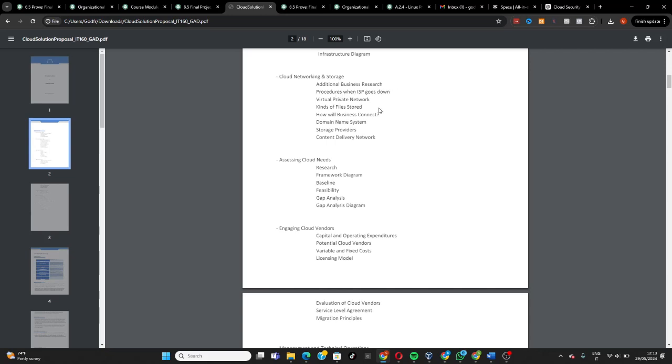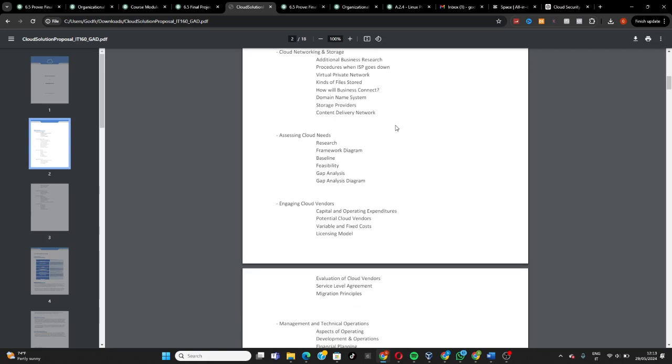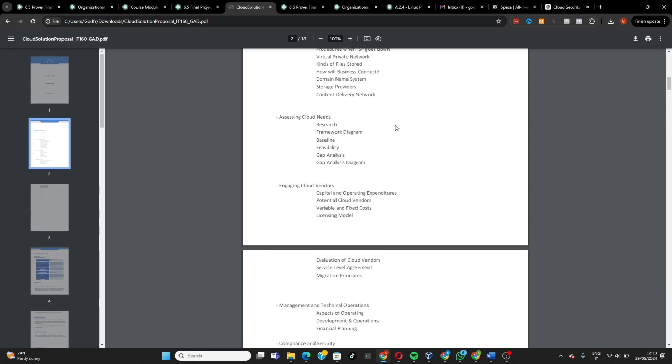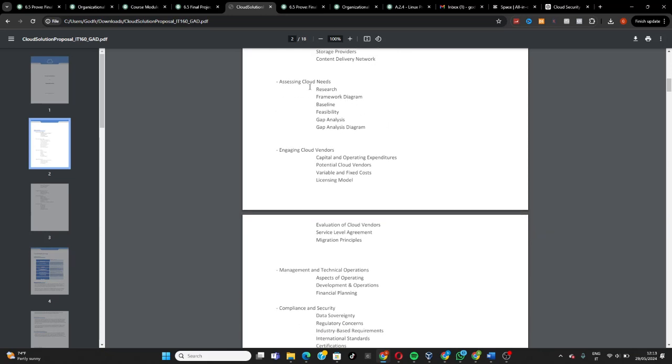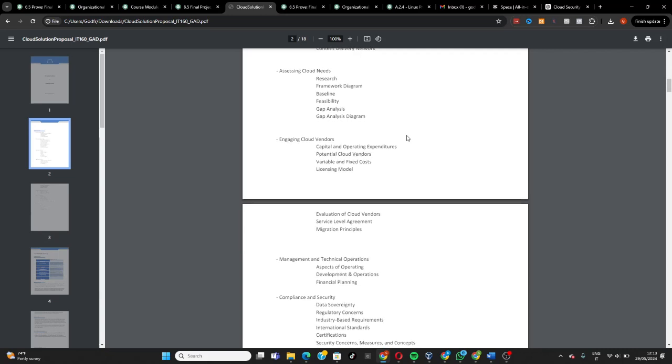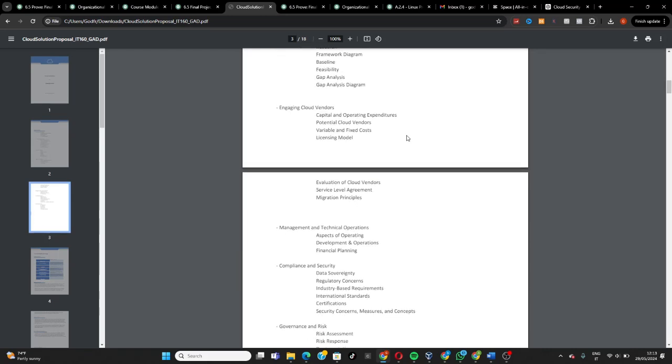The procedure and internet service protocol goes down how they can use the VPN, which is the virtual private network, kinds of files stored in the system, how the business connects, domain name system, storage providers, and also how they can be assessing cloud needs like research, framework diagrams, baseline, and also engaging the cloud vendors like capital